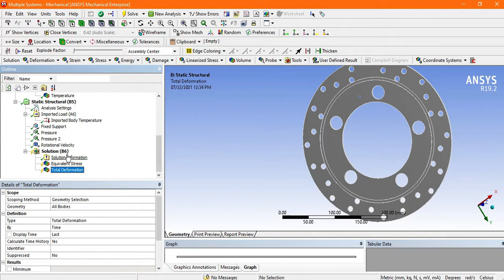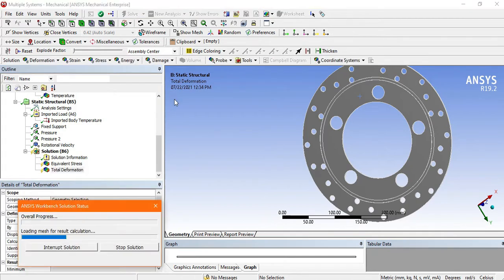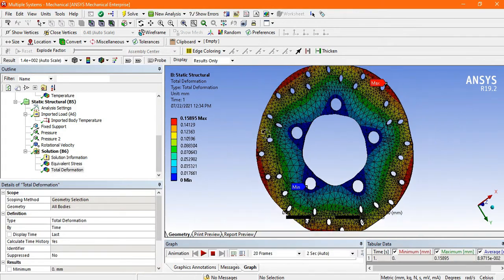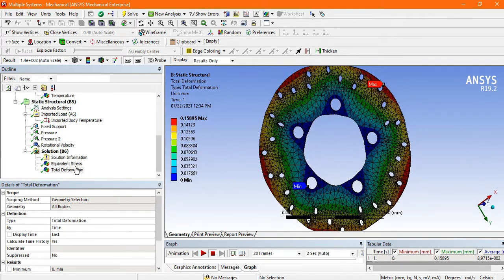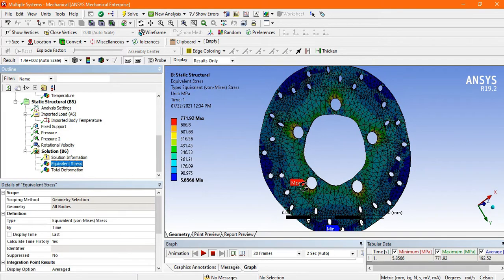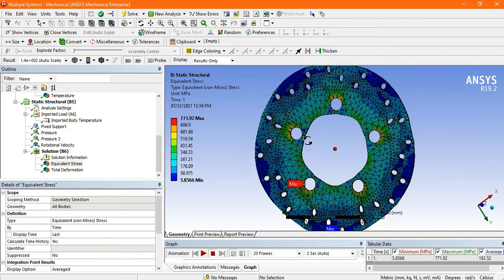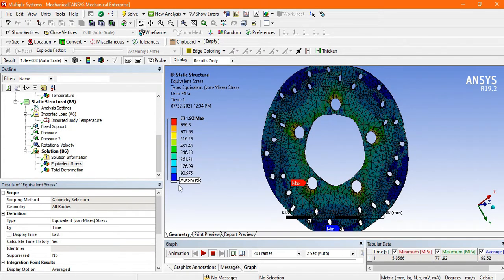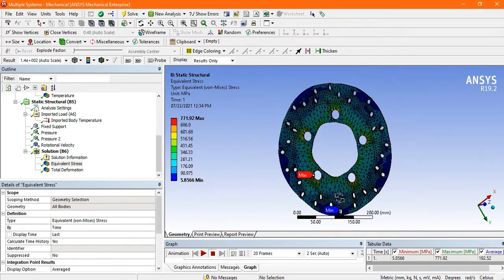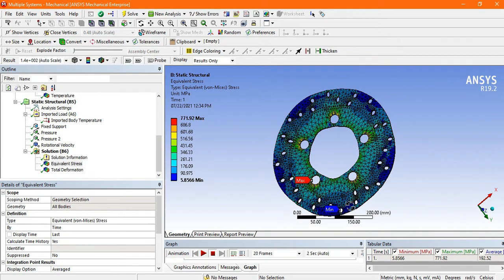Go to the solution, go to solve, and you look here, the equivalent stress: the maximum stress is on this hole which is fixed, and the minimum stress, go to the probe, the minimum stress is at the outer region of this plate.